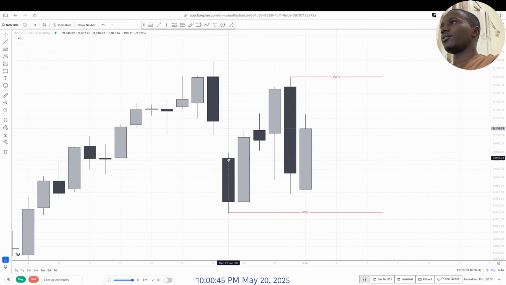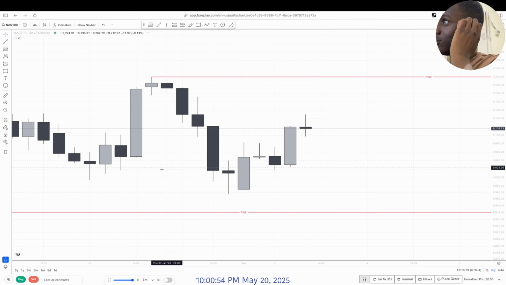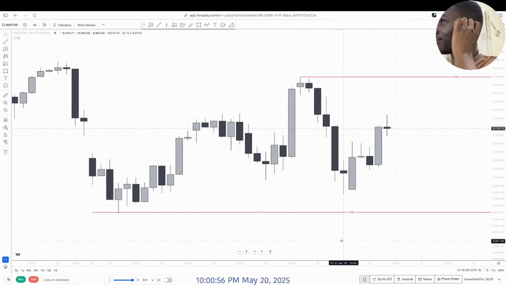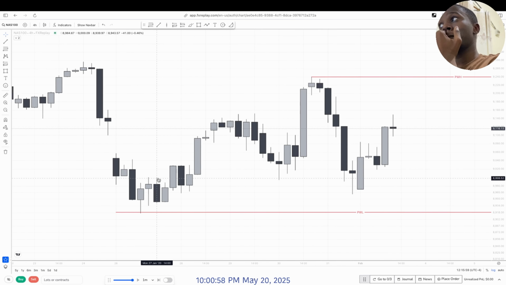and looking closer on the daily, you can see that this order block is about to be respected by pushing higher. So maybe we can mark it on the 4 hour or somewhere like that. On the 4 hour, you can see that it was tapped into. 4 hour order block.